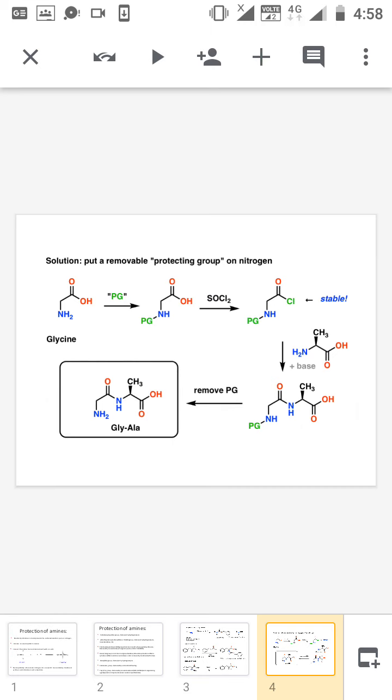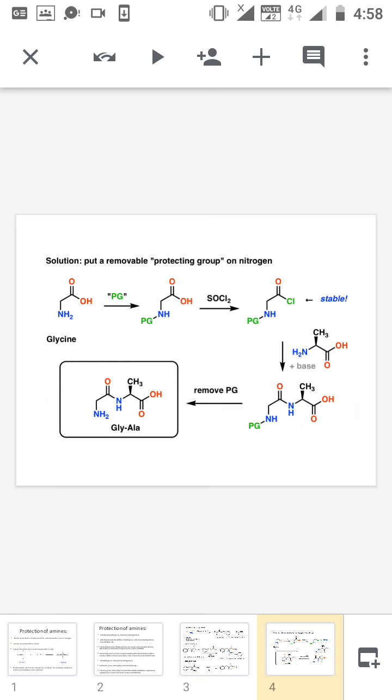Next, the importance of amine protection is commonly seen in peptide synthesis. We can synthesize dipeptides, tripeptides, polypeptides, etc. The basic unit of peptide synthesis is the amino acid. As you know, an amino acid consists of two functional groups, carboxylic acid and the NH2 amine group. So if you are synthesizing a dipeptide, first of all we have to protect the amine group in the amino acid. Let me move into a specific example.